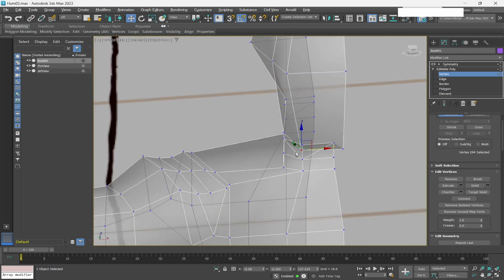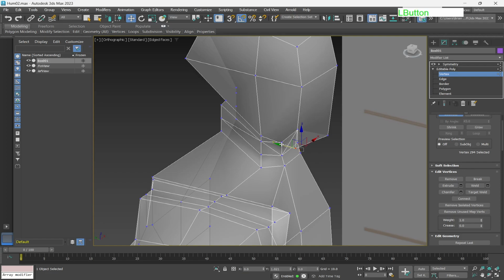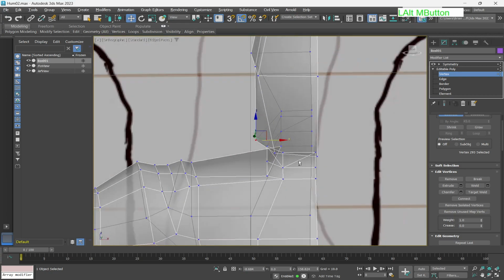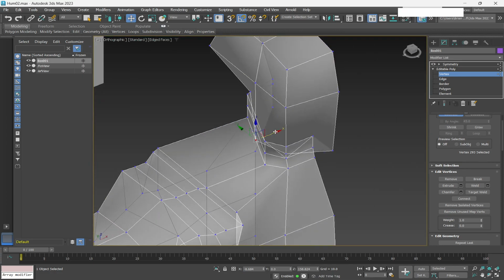So what happens is it gets pushed back a bit there, and then this bit wants to actually pop out a bit,